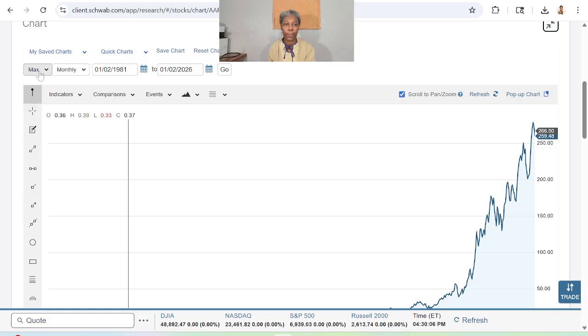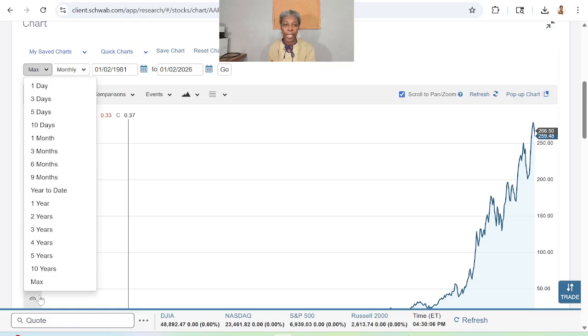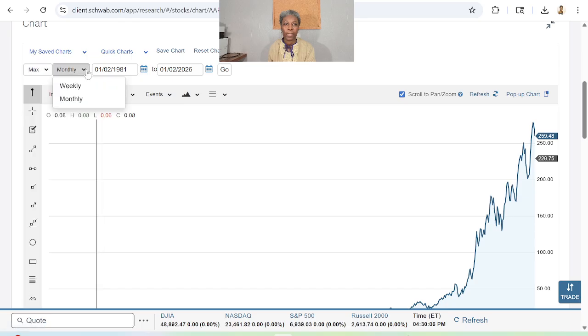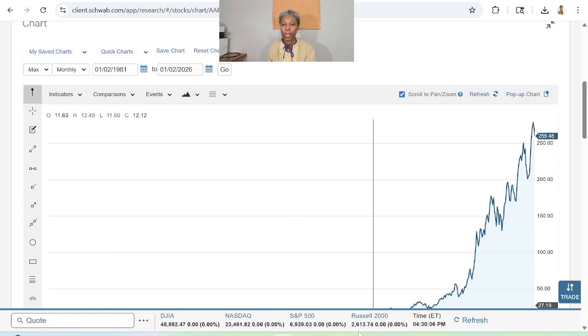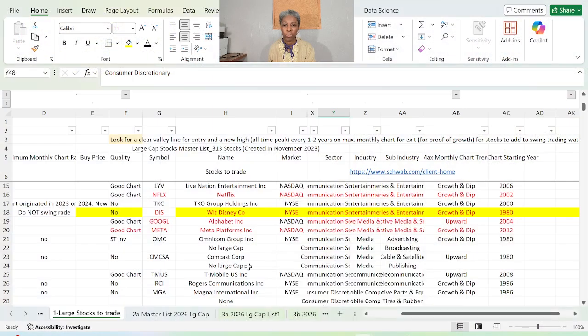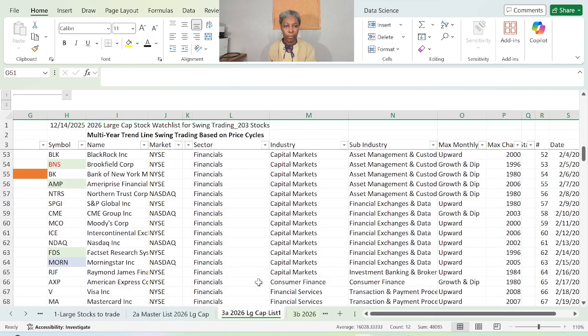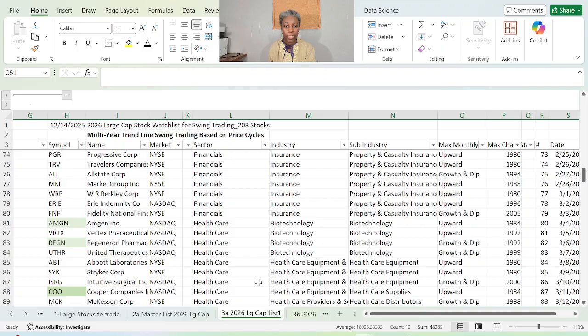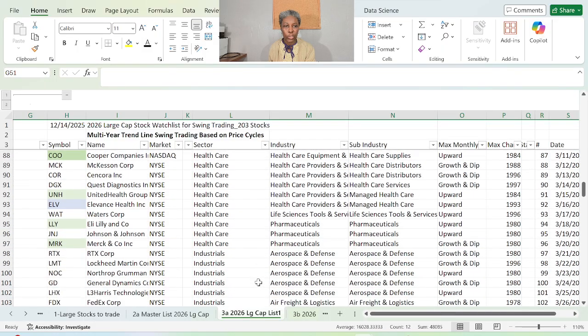If it's not already the default, I will select it, and between weekly and monthly I will select monthly. By doing that, it will tell me how far back they have information on it here. So we have 1/2/1981, and then let's come back to my watch list here, because I have Apple in it that I don't have that information